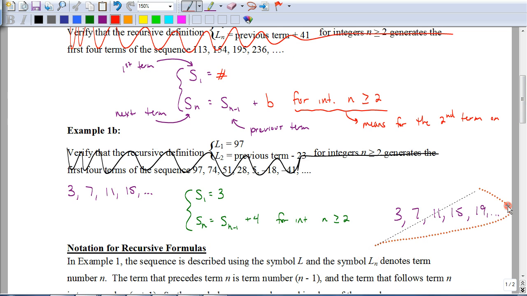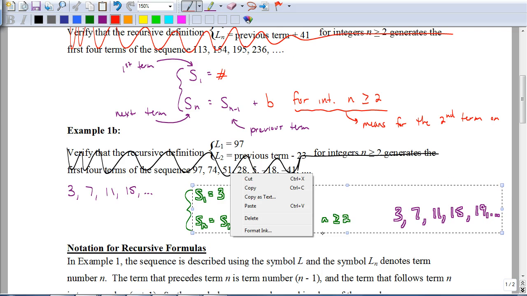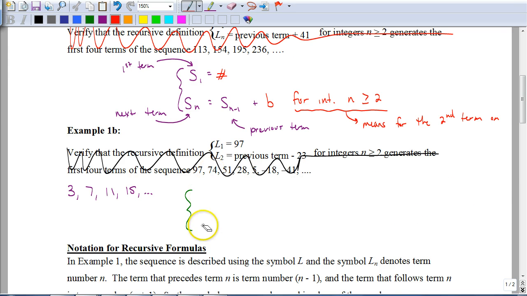Let's say we have the sequence 3, 7, 11, 15, and so on, and we're asked to write a recursive formula to represent the situation. Well, what you're going to do is start out with